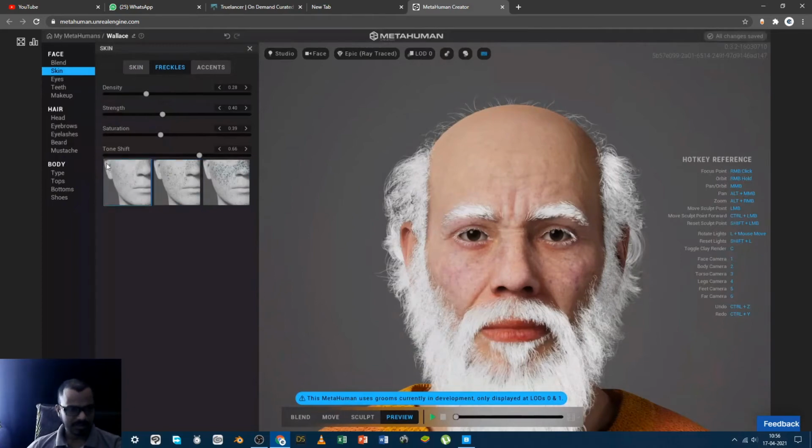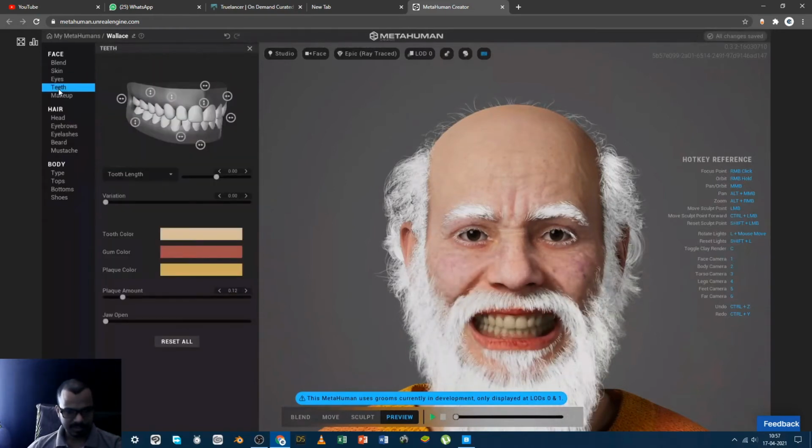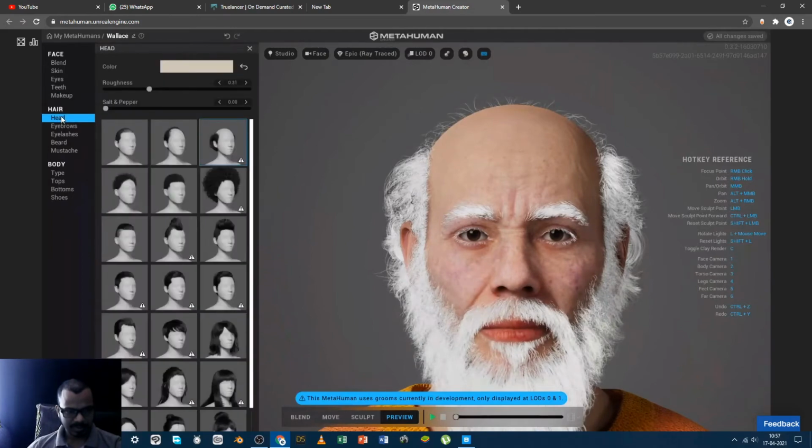So just lovely. Eyes, teeth, makeup. Here there are some presets. I have used this preset. You can change it.